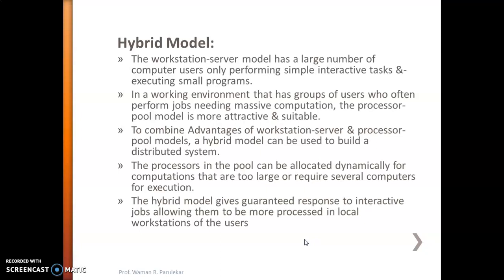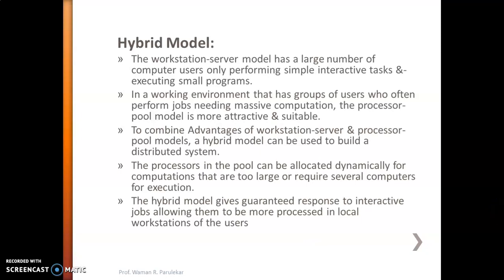This hybrid model gives a guaranteed response to interactive jobs, allowing them to be processed in the local workstation of the users. So this is what the hybrid model is. It is a combination of the advantages of the workstation server model and the processor pool model, and both are used for different reasons.